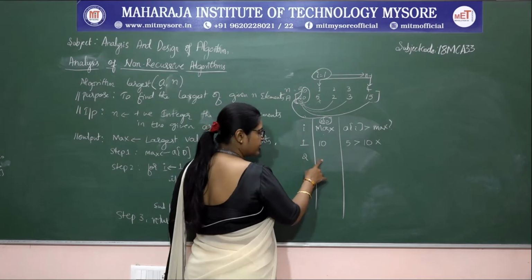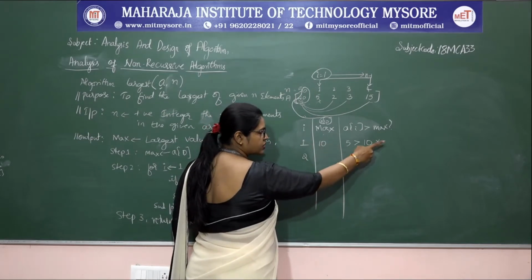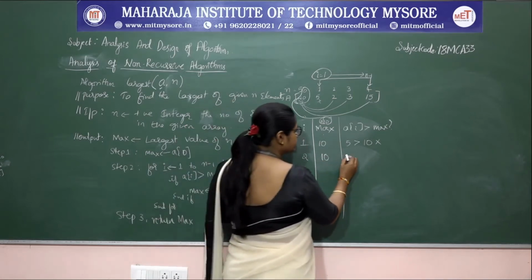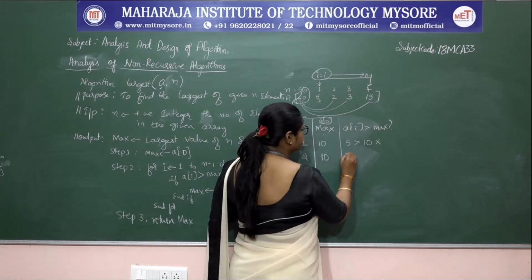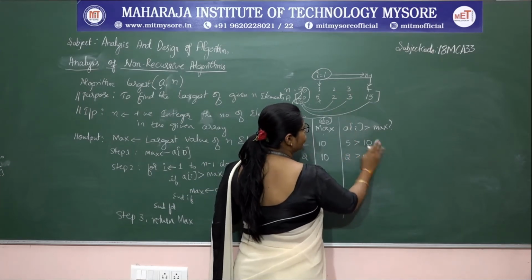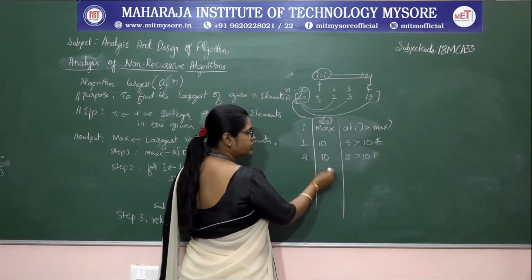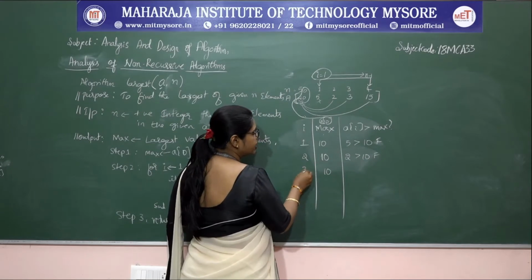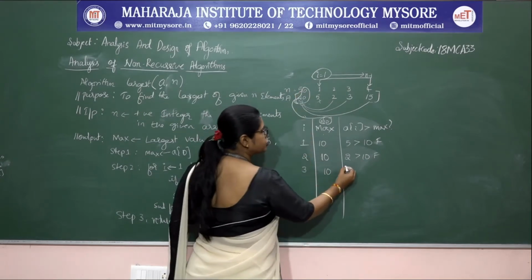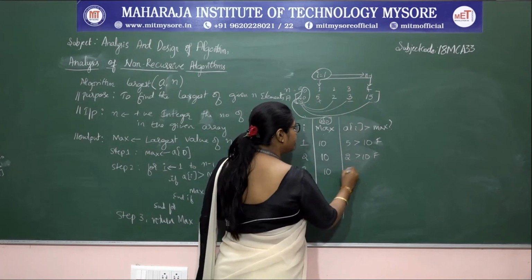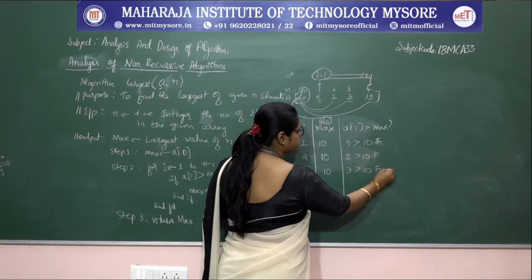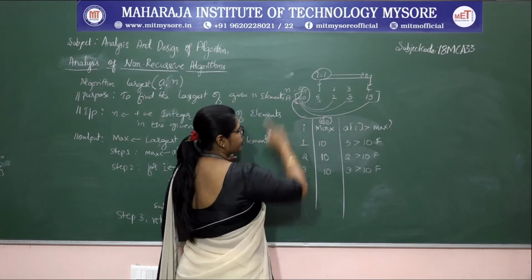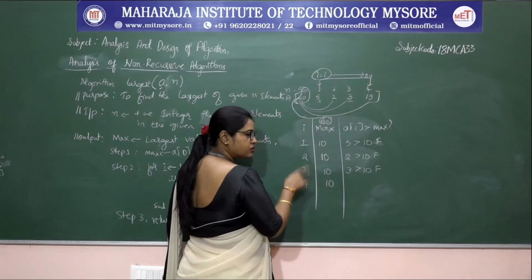If it is true, next we need to check. Since the condition is false, max will be as it is, 10. And then in the second position we have 2, 2 greater than 10, again it is false. If it is false, max is not going to change, max will be 10 as it is. So I gets incremented to 3, 3 less than 5 is true. In the third position again we have 3, 3 greater than 10, it is false. If it is false, it will increment the I, that is 4, 4 less than 5 is true. So max value is 10 only.